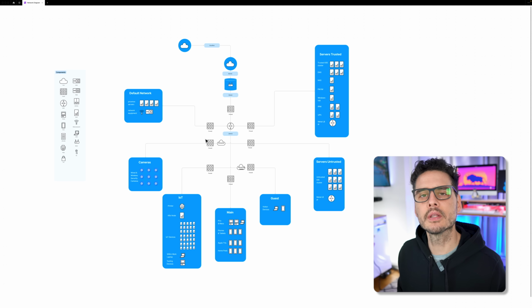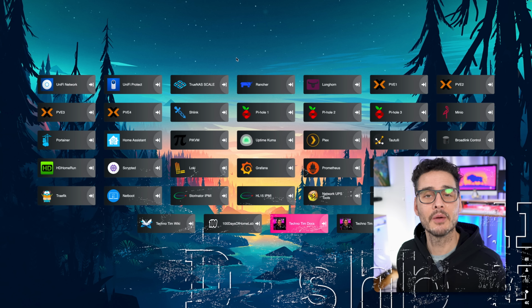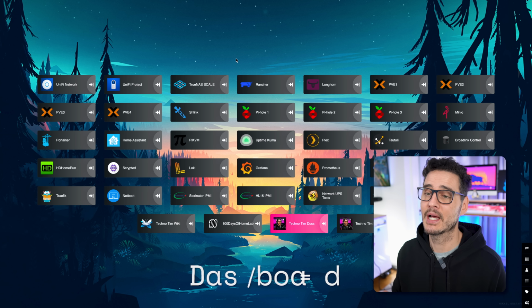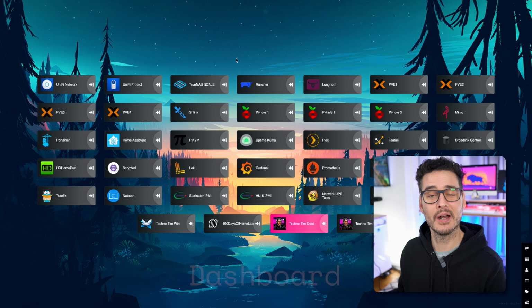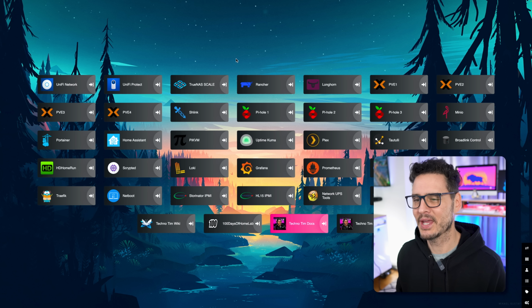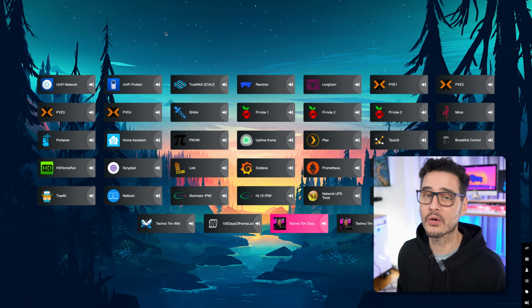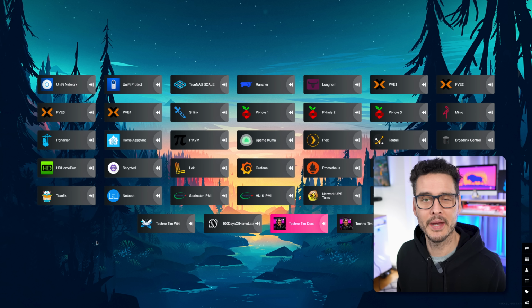So this is logically how my network's laid out, but now let's dive into some of these services that are running within these different VLANs. So first let's start with Dashboard. It is still Heimdall. Heimdall's a great product. I think I said last year I might switch off of it. I think next year I might too. Just due to some complications that it has with a storage mount and a volume and reading and writing data. And that has gotten corrupt for me once or twice, and I've had to rebuild that volume or rebuild my dashboard.